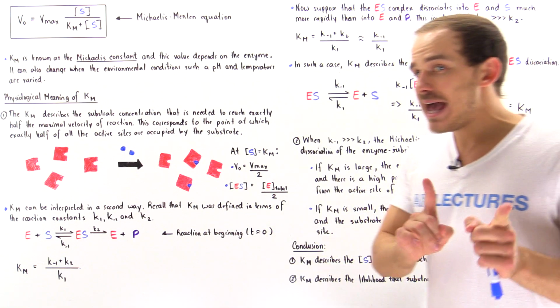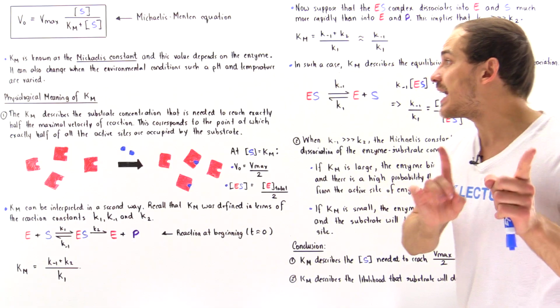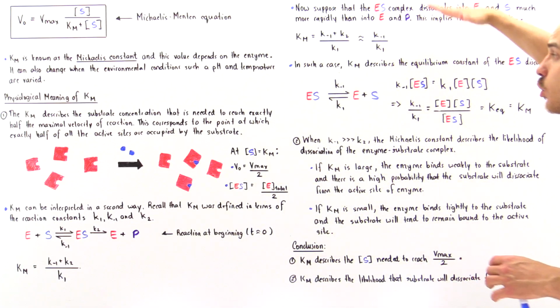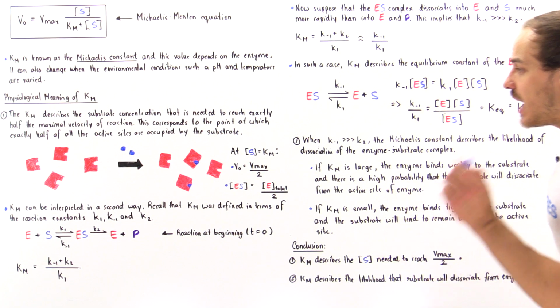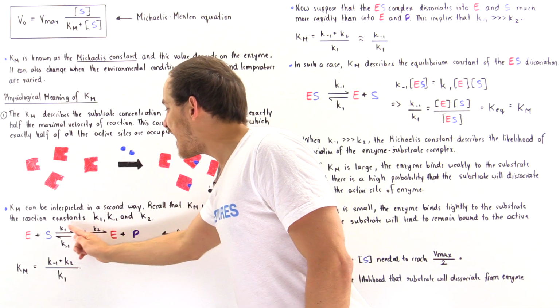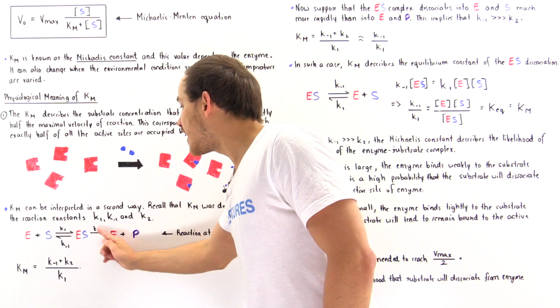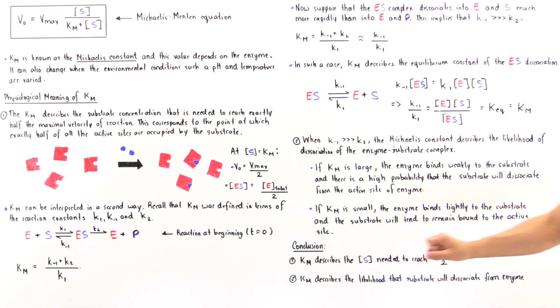Now, and this must be emphasized, we can only use this second meaning as long as we remember that we made this assumption, because this entire work is only meaningful if this is actually used. So if this is true, if K1 is much greater than K2, and what that means is if the dissociation of the enzyme complex going this way takes place at a much higher rate than the enzyme substrate complex dissociation going this way, then in that particular case, the Michaelis constant also describes the likelihood that the substrate will dissociate